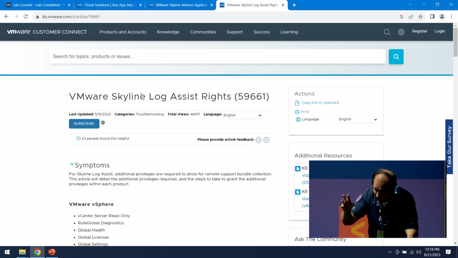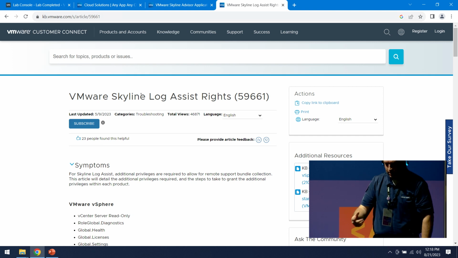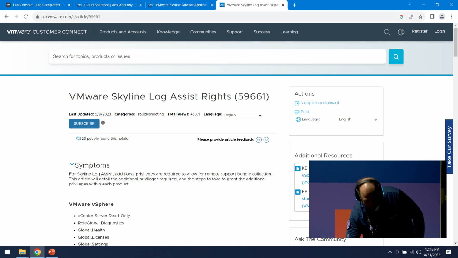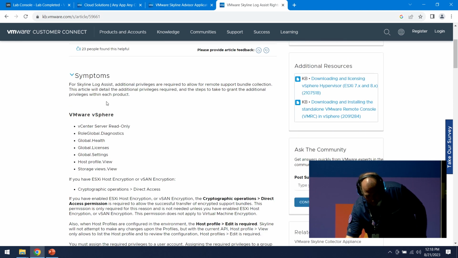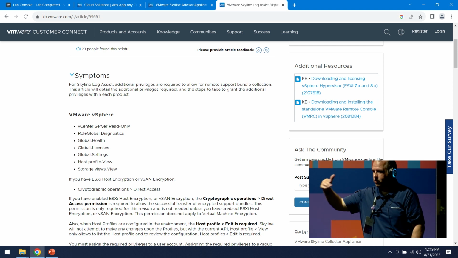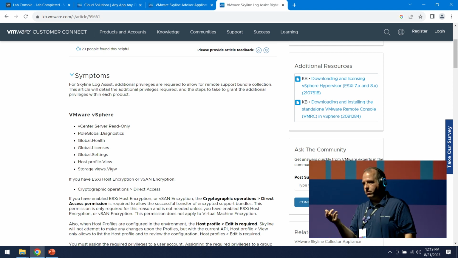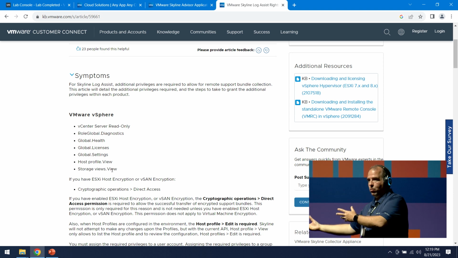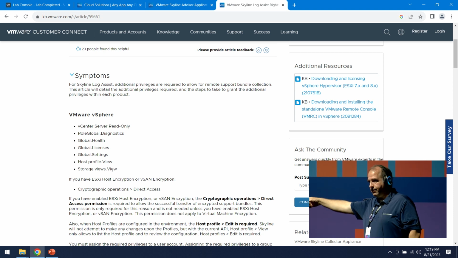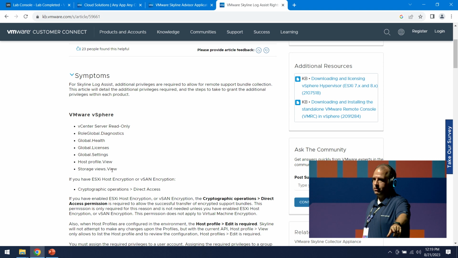So yes, you can have read-only, but if you notice here with vSphere, you start off with read-only, but then you have to add, I think, 6 additional permissions. So what you would do is create a new role that has these permissions, then create an AD user account, local account, whatever, and assign that role so that it gets explicitly those permissions. Now, with that being said, there are some